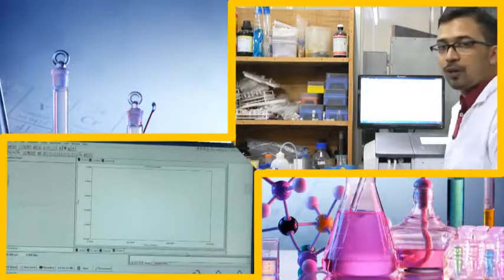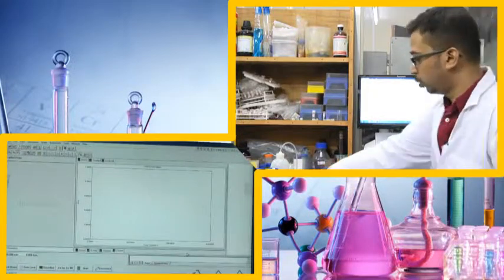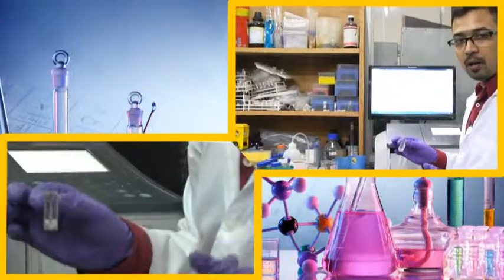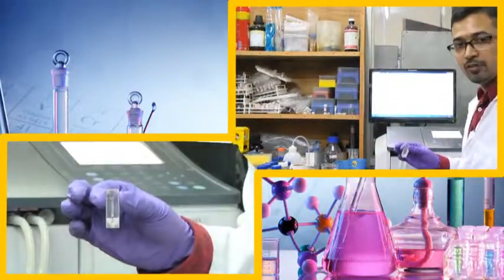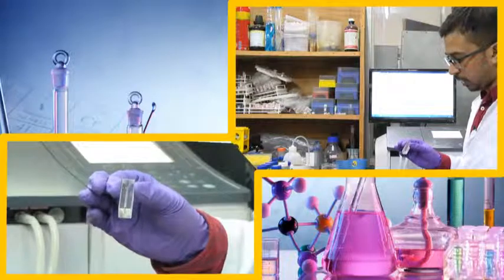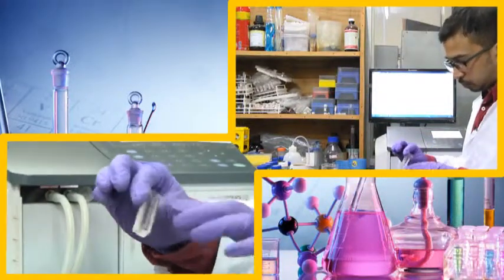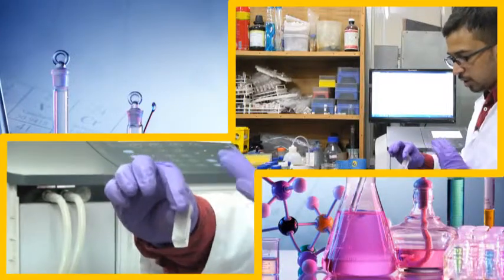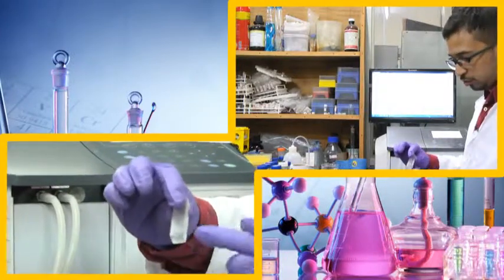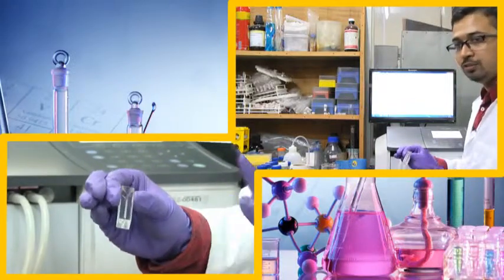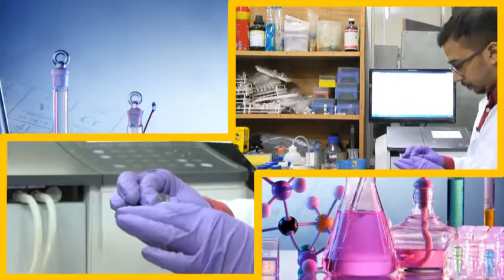Now, before beginning with this experiment, we need a cuvette. So, these are basically cuvettes. The cuvettes are quite familiar. We have seen them in the previous biochemistry experimental classes, where one side of the cuvette is clear and the other side is not clear and not transparent. This cuvette we are going to use is a 600 microliter cuvette.